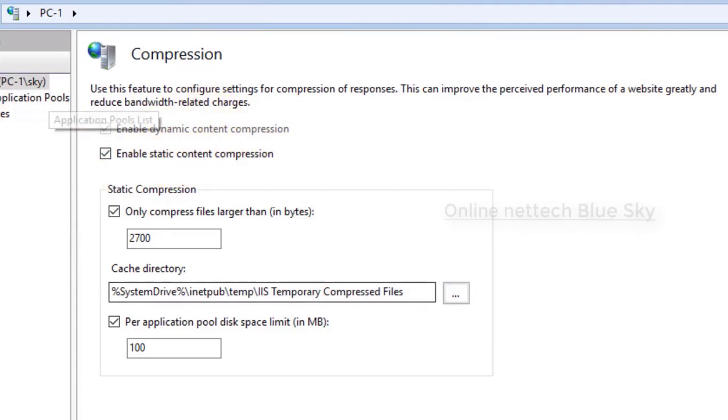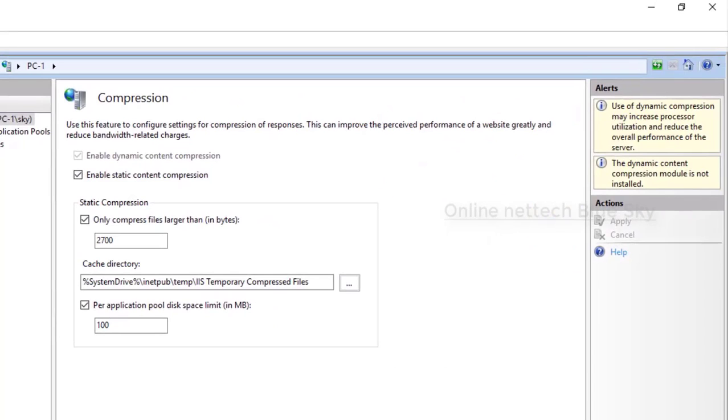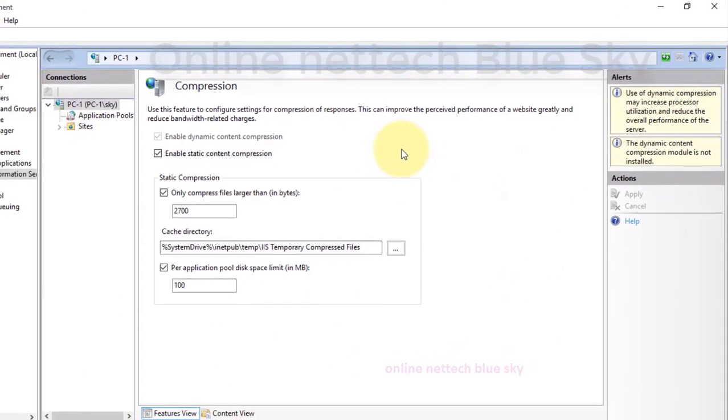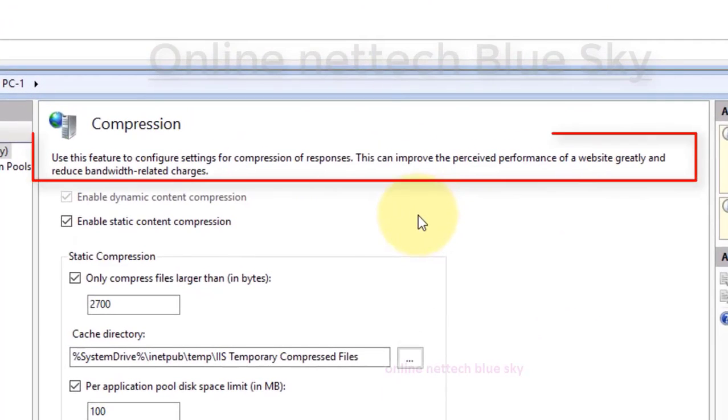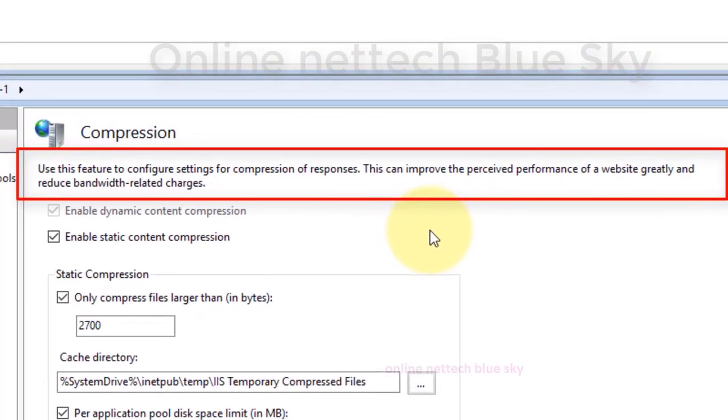Compression: you can compress your data and your website files here. This is very important for your website.